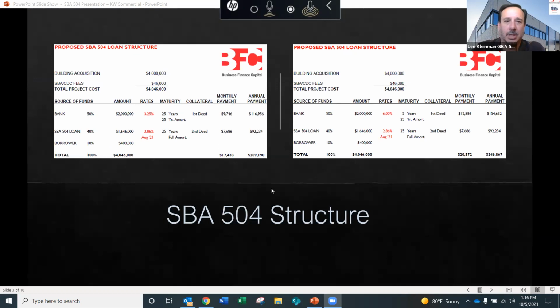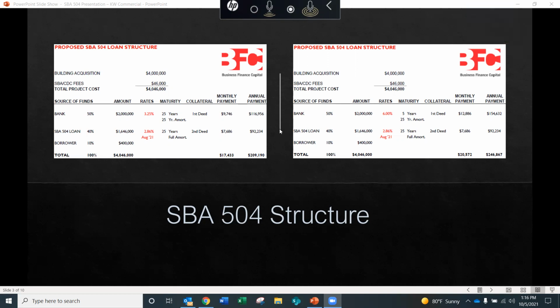Okay, so these two slides do a great job in highlighting the actual structure of the SBA 504 program. I know David has seen these many times. I've prepared them for his listings. He may or may not include them in his OM, or he'll have these to show to a prospective buyer. And there's a lot more to the PDF when I prepare and send it, but